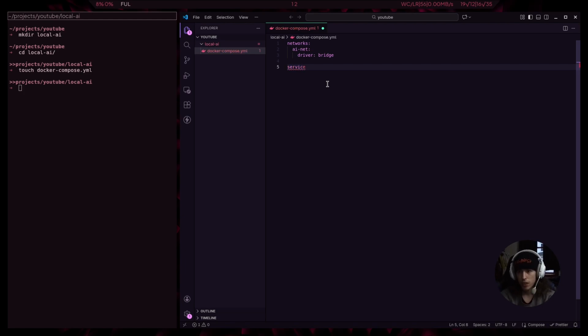So now we can go ahead and start defining services. Okay, services. Our first one will be ollama, and the image is from ollama/ollama:latest, and the container_name is ollama, and we're gonna have it restart